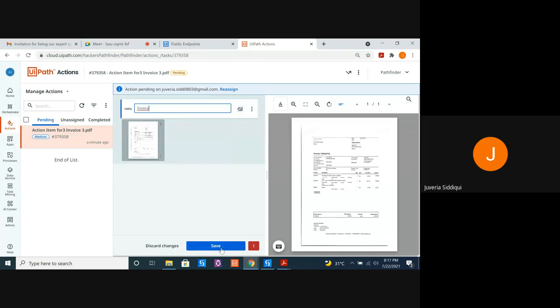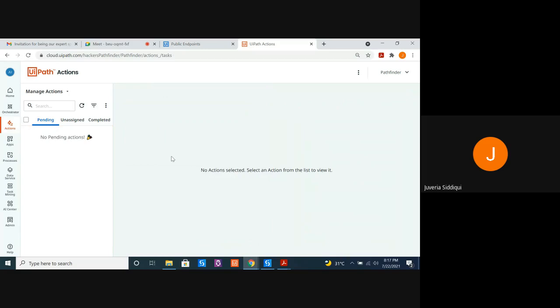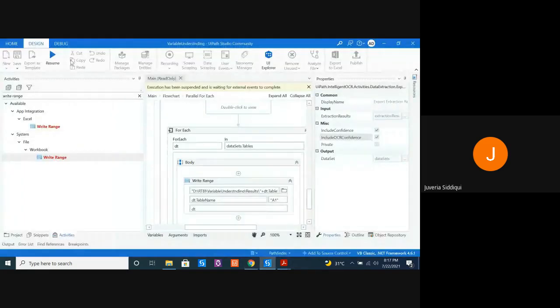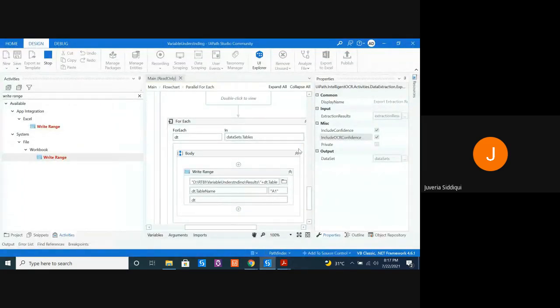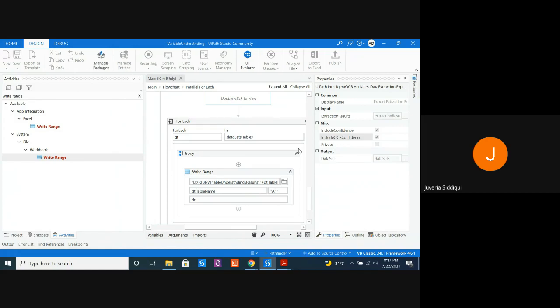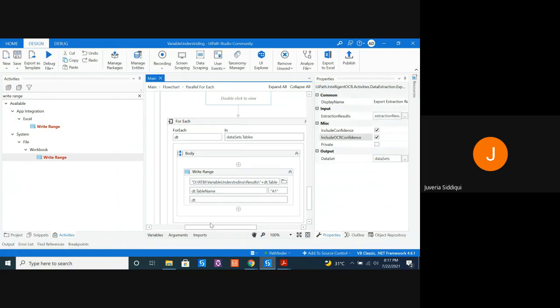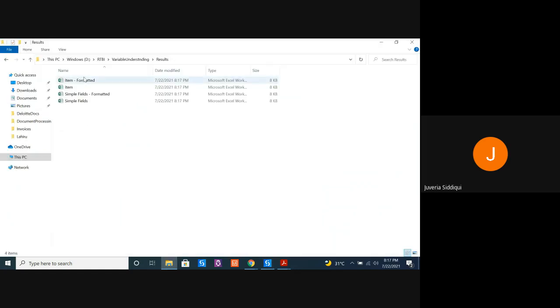So we've seen how we did this yesterday already. So this is still classification. Let's again resume. Done. So our process of extraction is done, and let's see what result we got.